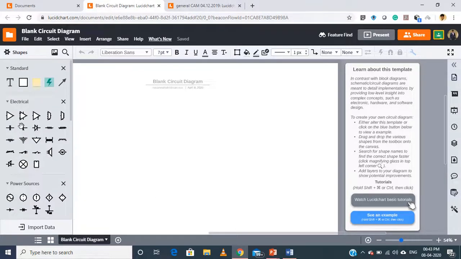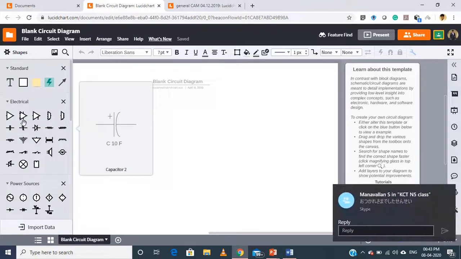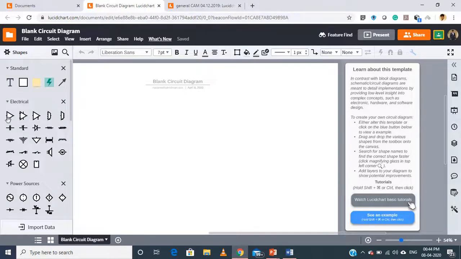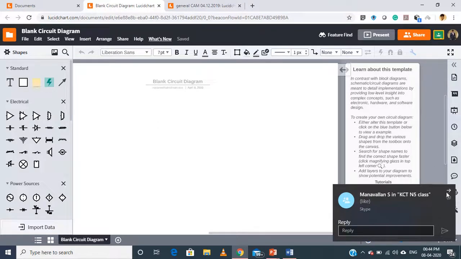If you give a flowchart, these things will be related to the flowchart, and you will get the pick and place items related to the flowchart. If you give a circuit diagram, you will get the required tools for drawing a circuit on the home page itself. You can just pick and place whatever you want to have.